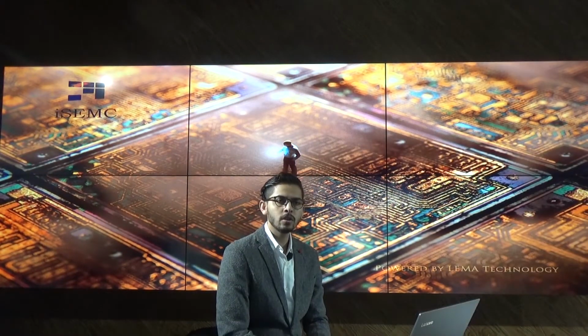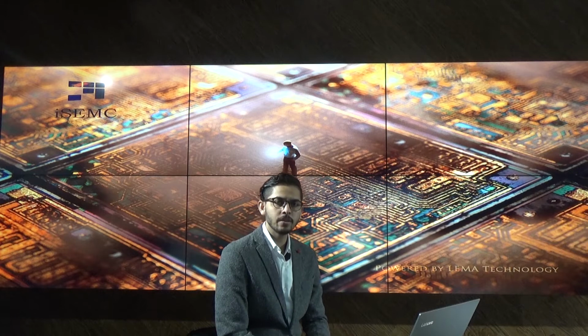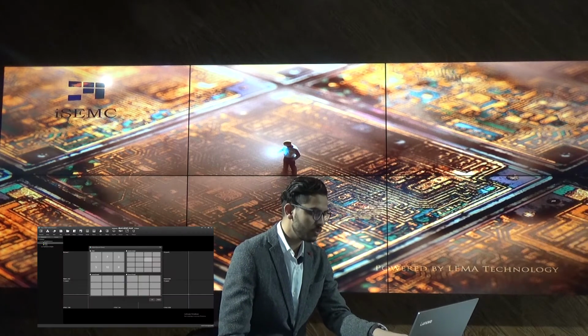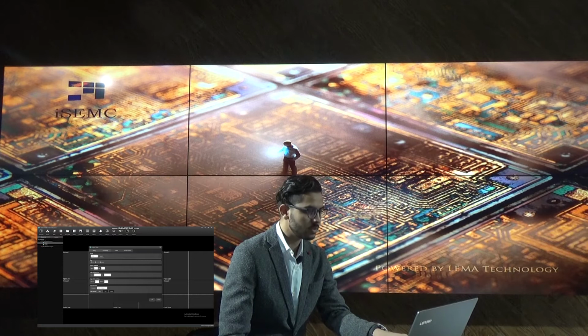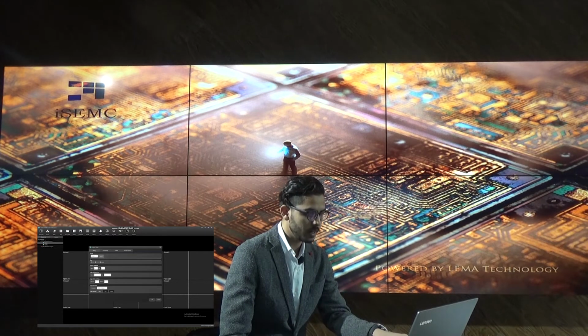Up to 4 video wall groups on a single controller, working with a variety of displays such as LCD, LED, DLP and projector. So let's go to the group settings and we can see we support the 4 groups here, and we can customize the group as well. Maybe I want to customize it.